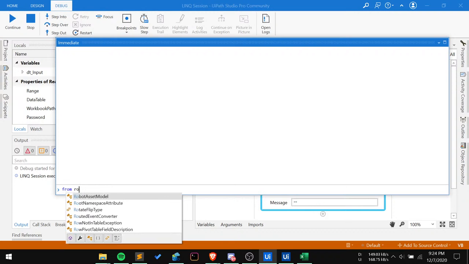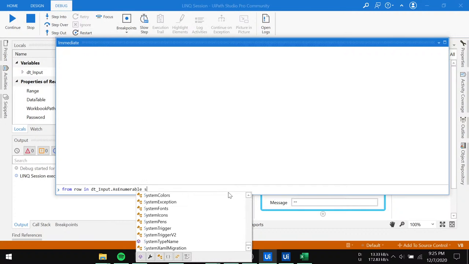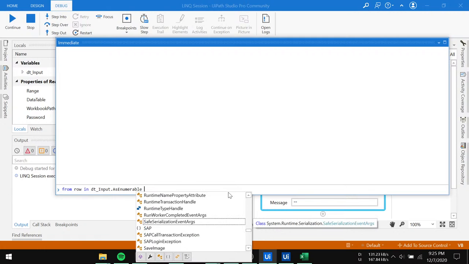So I'm going to say from row, pretty simple, similar syntax: from row in dt input dot as enumerable select. So let me just do one thing. Let us define how we actually group all the rows on the basis of a particular item. So I'm going to say group